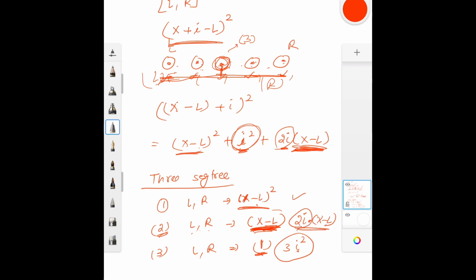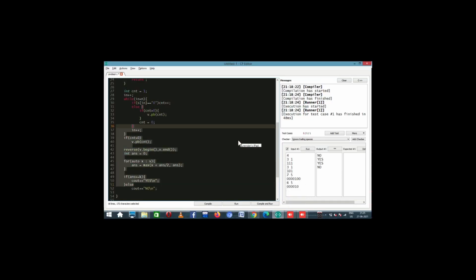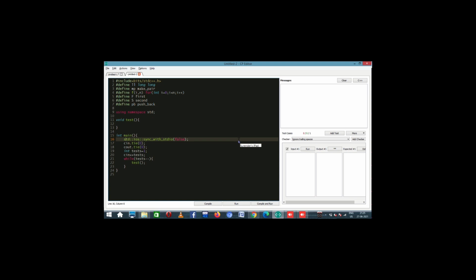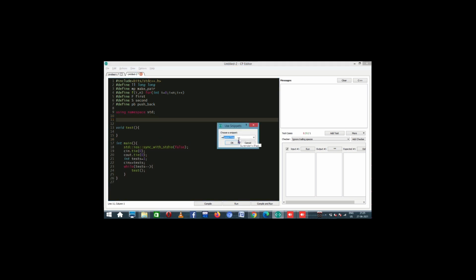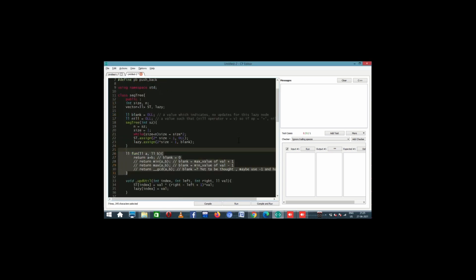So that's how I'll modify the answers from these queries to actually process these I variables, right? Now if we go to the implementation part of it, let us check how we can implement it. Maybe I'll open a new tab. Firstly, I'll just copy paste my seg tree thing over here, and I'll need to modify it for